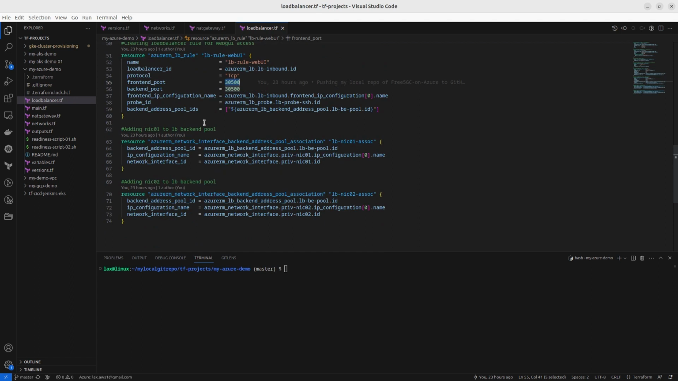And then we are going to create our backend pool members. So we are utilizing the NIC interface to create this backend pool. So the next we have is the